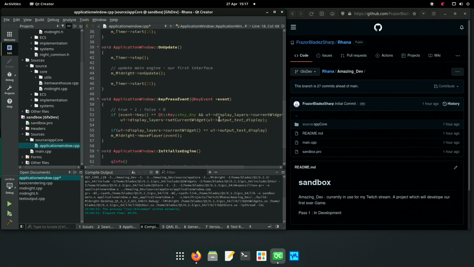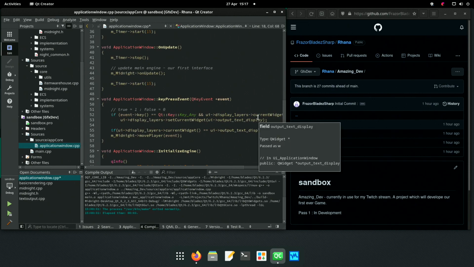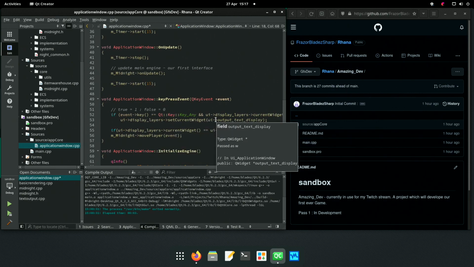Here it is, UI display layers, current widget. So UI output text display. What we want is there. So it comes under UI output text display. That's automatically going to happen, but it's this output text display that we want to alter.